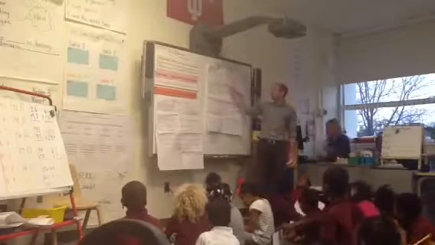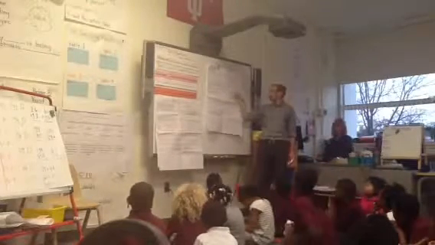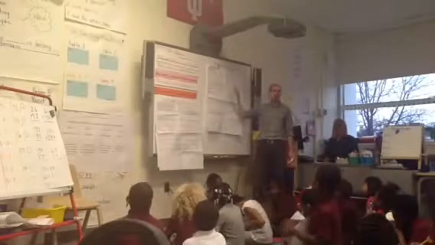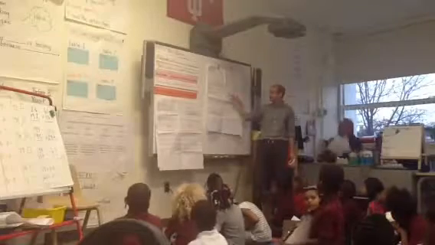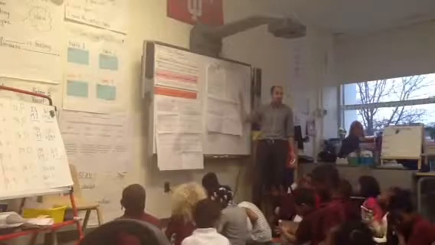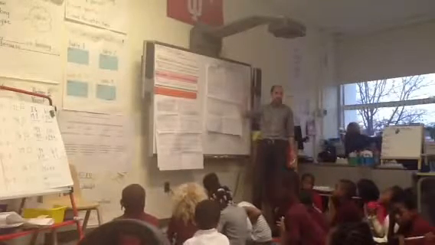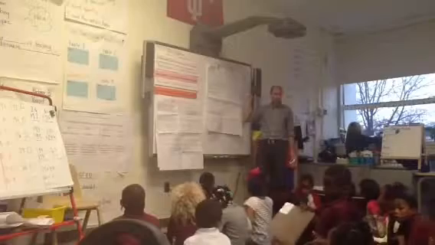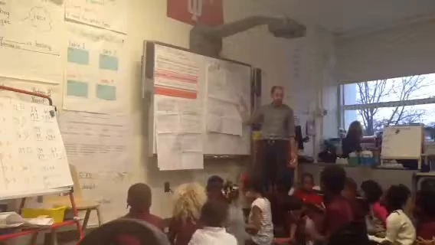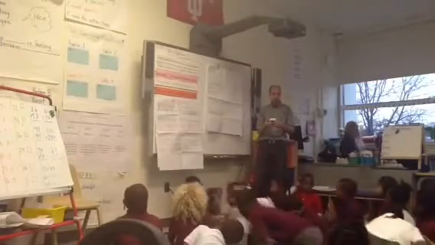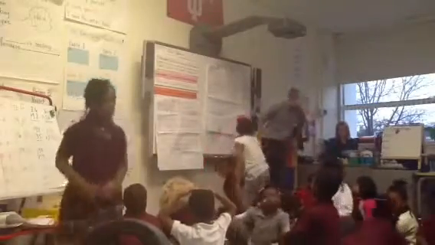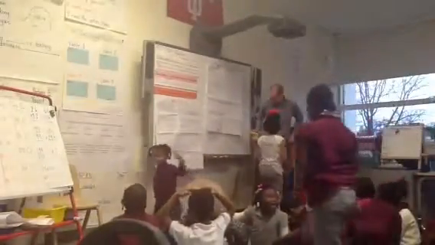So, how can I use what I know about tens and ones to subtract one 2-digit number from another? One 2-digit number is, for example, 17. So, subtracting 13 from 17. Okay, 17 is a 2-digit number. 13 is a 2-digit number. So, how can I use what I know about tens and ones to subtract one from the other? So for a minute, go to your partner and discuss. How can I use what I know about tens